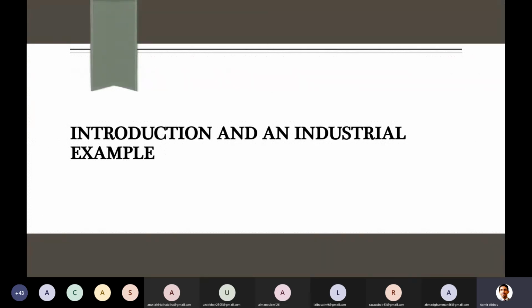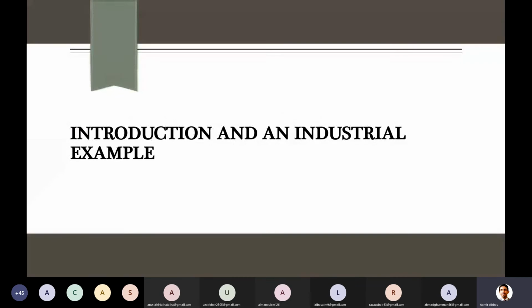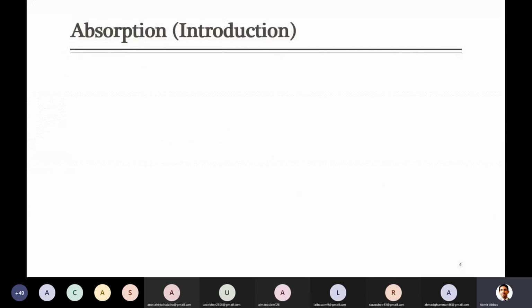So today I will just introduce you to absorption, what absorption is, and general terminologies related to this. Then there are two common types of absorption, and what common absorbents are used. Later, I think at the end, we'll start with the equipment commonly used for absorption. Those equipment are categorized into two main streams. Hopefully we will start with one and then continue this week with this stuff. So here is just the introduction of absorption.